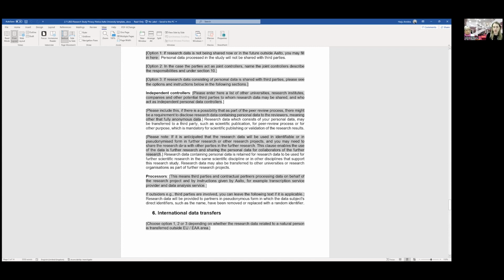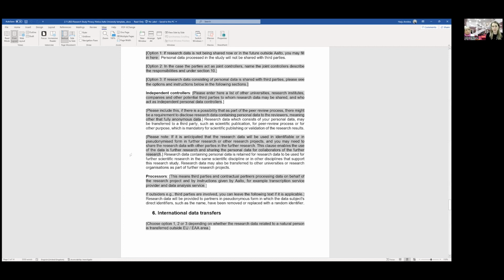If we use this clause that we may use the data for further research in the same scientific discipline that support this research study, and we also may transfer it to other universities, we're not really sure at the moment how this kind of clause would be interpreted in practice. So if it would be actually okay to use the data and share it with other parties as well, just based on this very general clause, but we have included it anyway, just to sort of try our best,